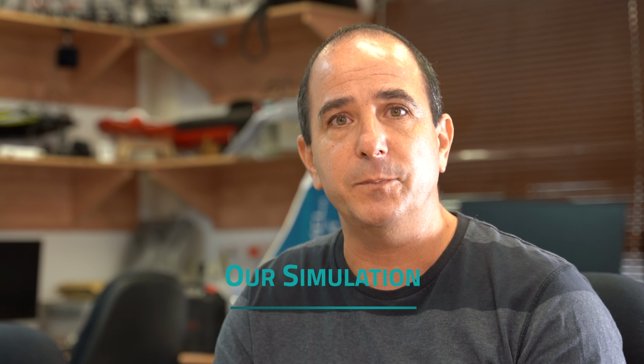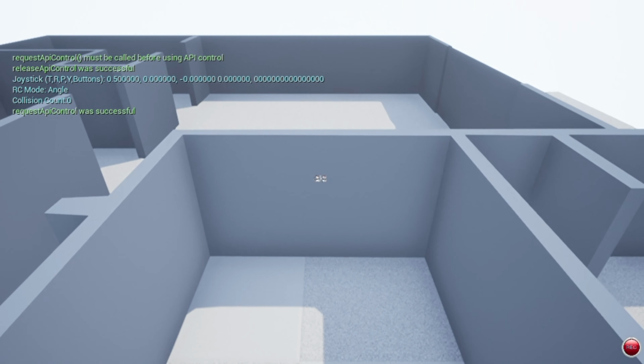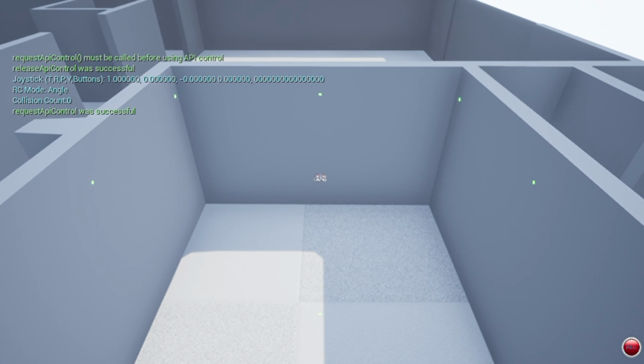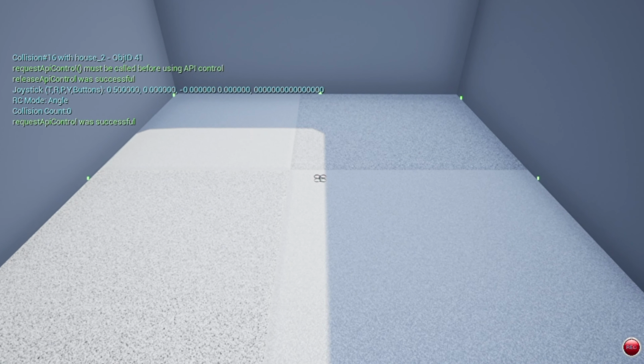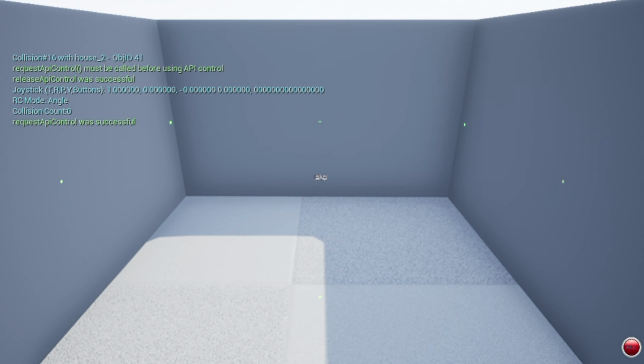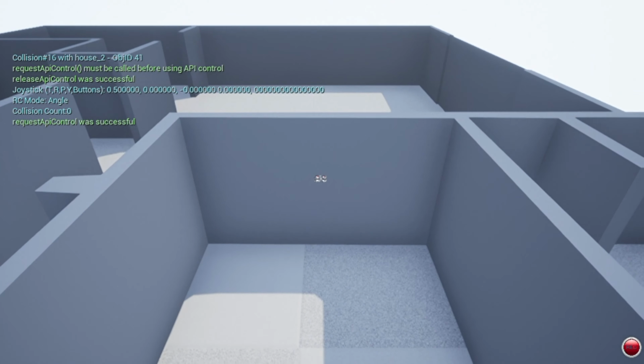Now I'm going to present the main simulation tool we're going to use in this course. It's a 3D simulation of an indoor environment of a drone based on a known open source simulation named AirSim, provided by Microsoft, and we've adapted it to be able to add more controlling algorithms and more robotic algorithms as a tool for our course.